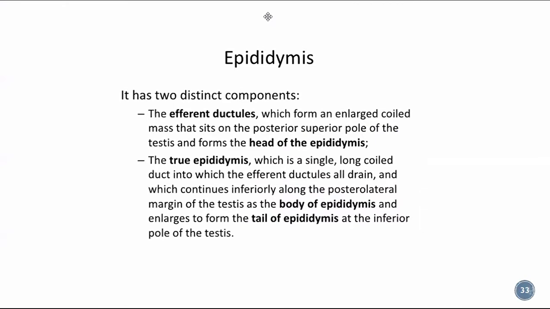It has two distinct components: the efferent ductules, which form an enlarged coiled mass that sits on the posterior superior pole of the testis and forms the head of the epididymis, and the true epididymis, which is a single long coiled duct into which the different ductules all drain and continues downwards along the posterolateral side of the testis. It is known as the body of the epididymis, and enlarges to form the tail of the epididymis at the inferior pole of the testis. So three parts of the epididymis are mentioned: